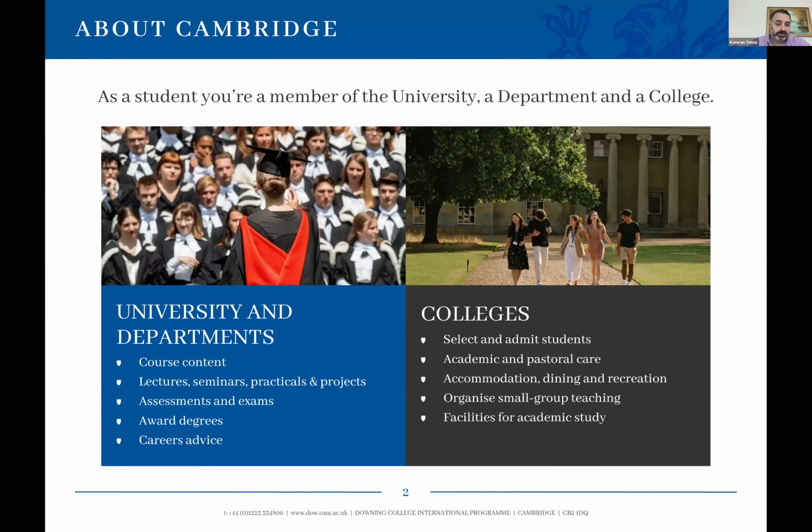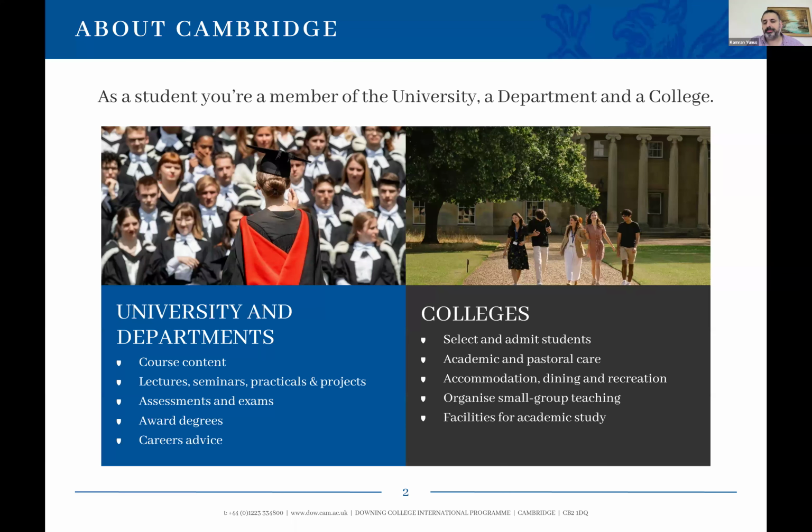To give you an idea, when I'm teaching at the Department of Chemical Engineering and Biotechnology, I may have a whole classroom full of students, but they will be all made up of students from different colleges. And every college has its own quota of how many students they admit. So my role as the Director of Admissions is to oversee the admissions for Downing College. And like me, every college would have someone like me as a Director of Admissions or admissions tutor, and their jobs are to oversee the admissions and selection process.